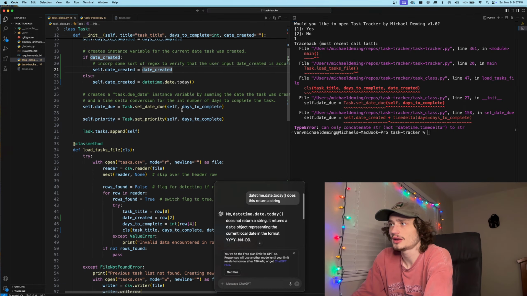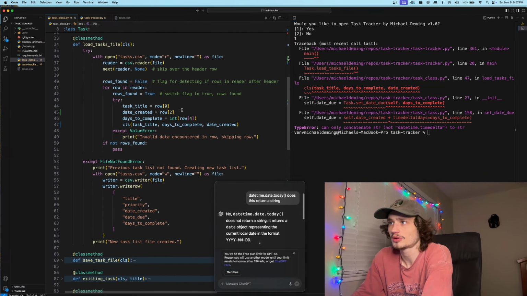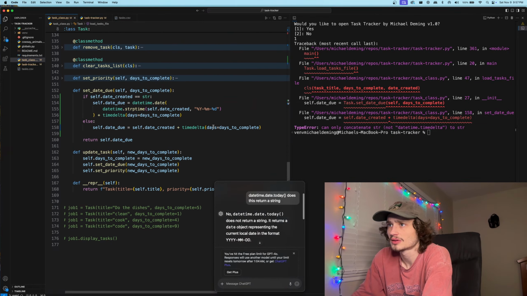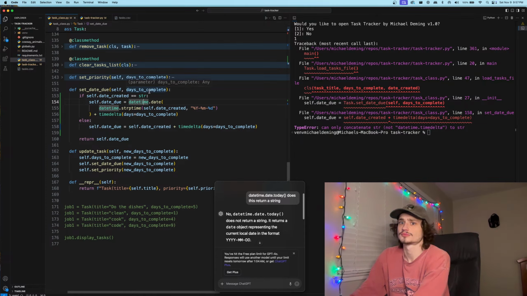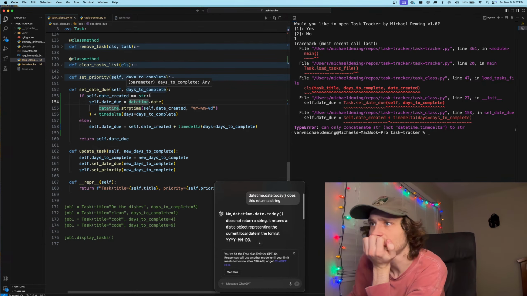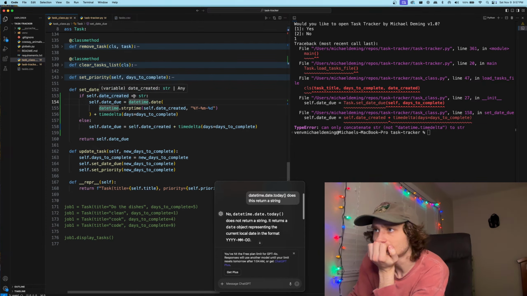So if it's a string, right? If the user is going to read the string and assign it, and then the date created is a string. So if the date created is a string,